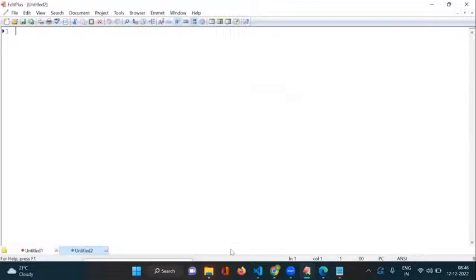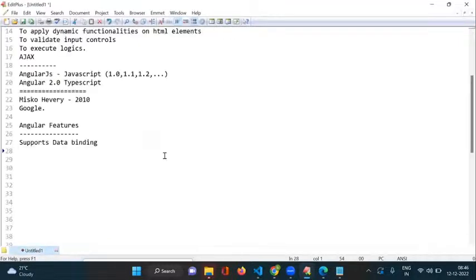Is it clear? Anyhow, this is the data binding concept. I will show the programs based on this. This is a very important feature for us. It is not available in JavaScript. Okay. Second one,